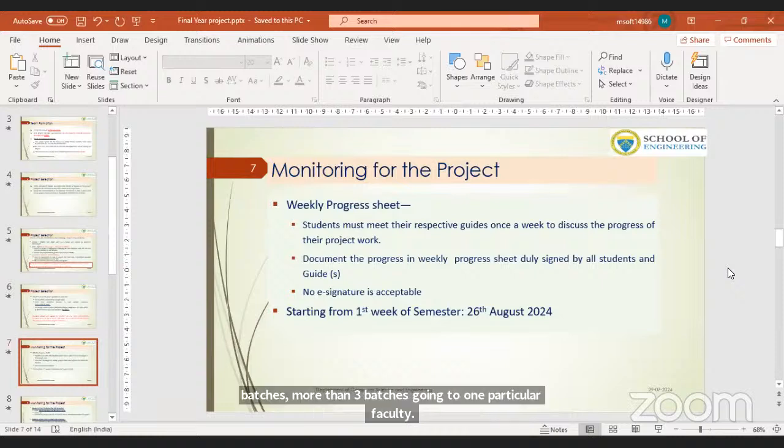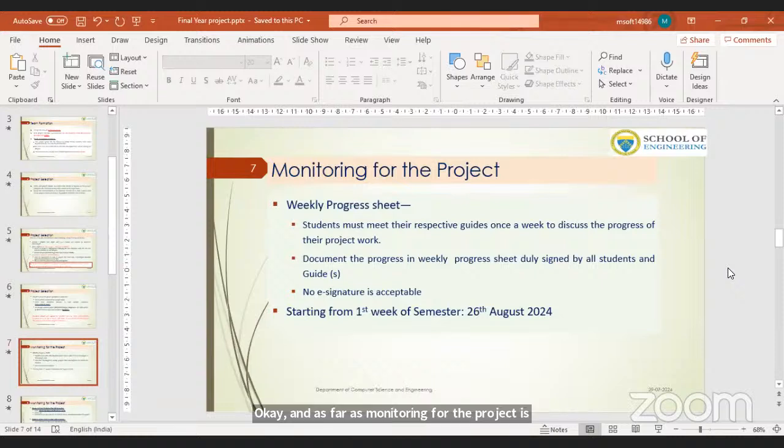Okay. And as far as monitoring for the projects is concerned, there has to be a weekly progress report as you have done in your previous special topics. And there are no e-signatures that will be acceptable. And the weekly progress report will start from the commencement of the semester, that is 26th of August. And from there till the end of the 8th semester, you have to include all the weekly reports,